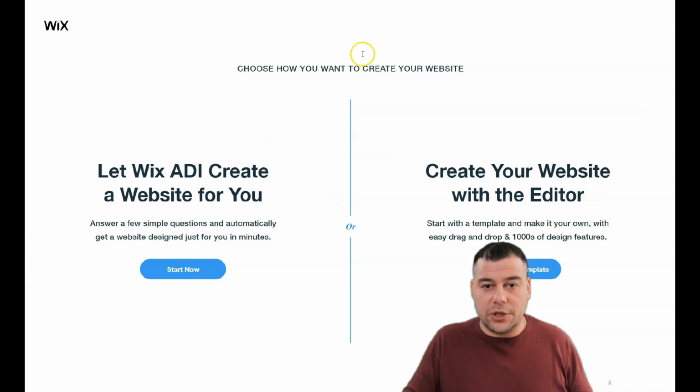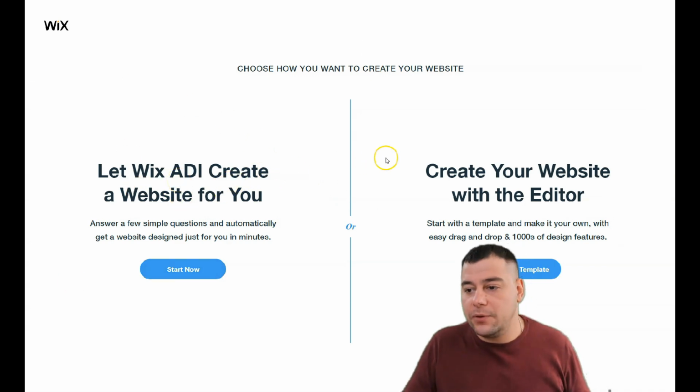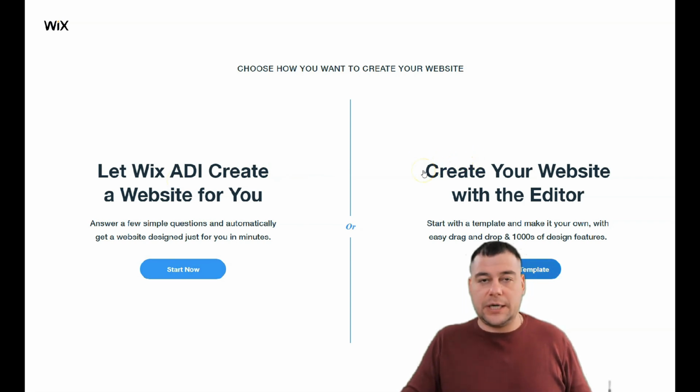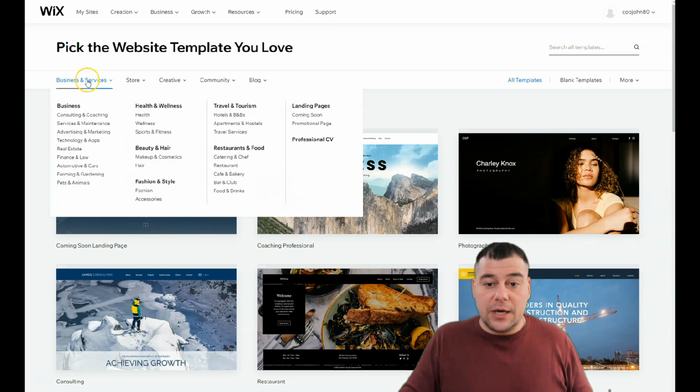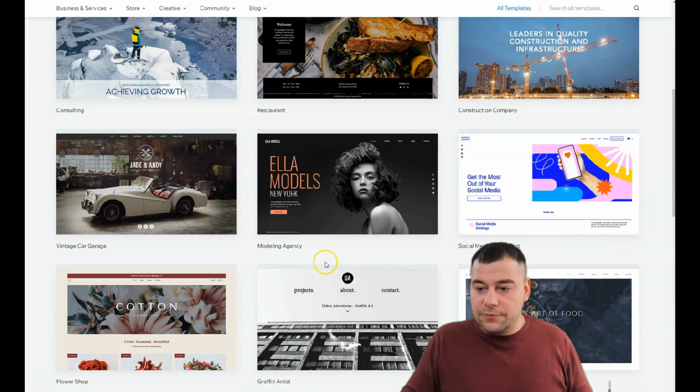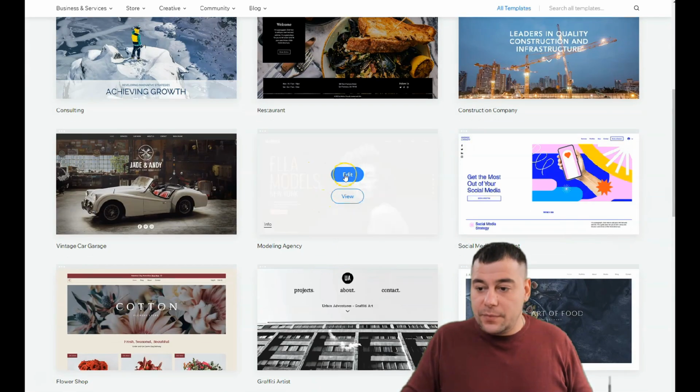Other tools. You can let Wix ADI create a website for you, answering a couple simple questions that will take not much time. Or you can create your website with an editor and choose a template, and that's what I want to show you. If you're not finding the proper